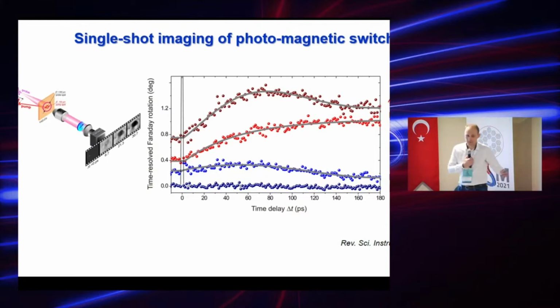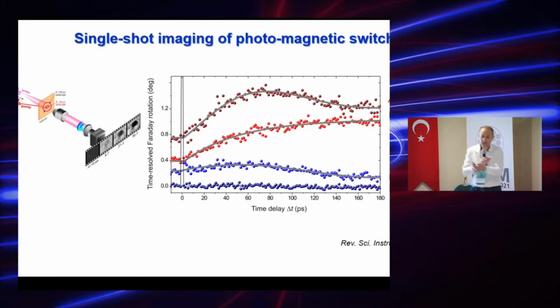It depends on the sample and its magnetocrystalline anisotropy. But if you look at the mechanism of the switching, we can see two effective fields. From one side, we have the laser light, the number of photons. The light produces an effective field of photoinduced anisotropy, an extrinsic parameter. On the other hand, we have an intrinsic parameter of the sample, the effective field of magnetic